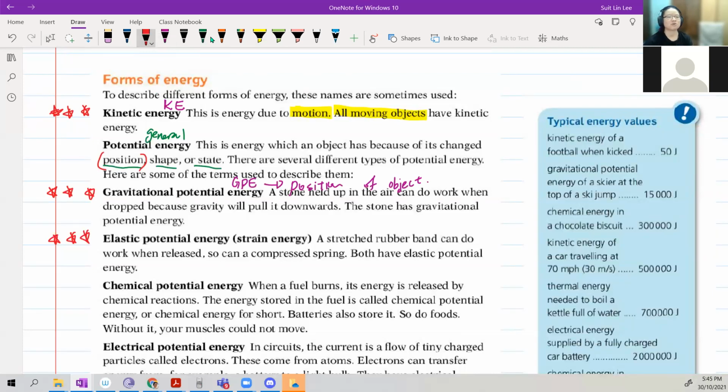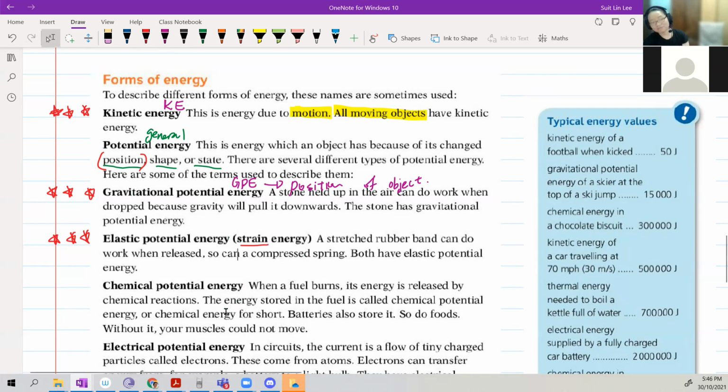Okay, but we also sometimes call it strain energy. So a stretched rubber band can do work when it's released. So for example, when you compress a spring, it has elastic potential energy. When you stretch a rubber band, it has elastic potential energy. If you exercise, you're trying to work out and stay healthy in the pandemic, although you sit at the table for 8 hours a day, maybe you use the exercise band or you stretch the exercise band. Elastic potential energy. Maybe you lift weights, you lift the dumbbell, you know, you want to get nice arms.